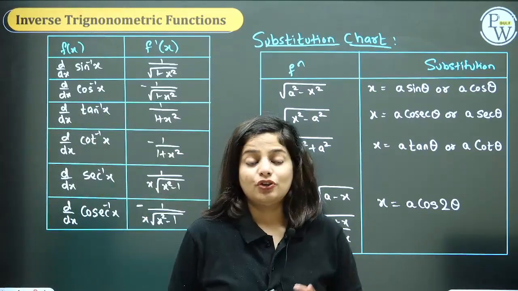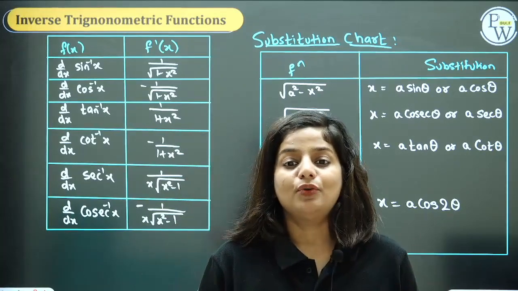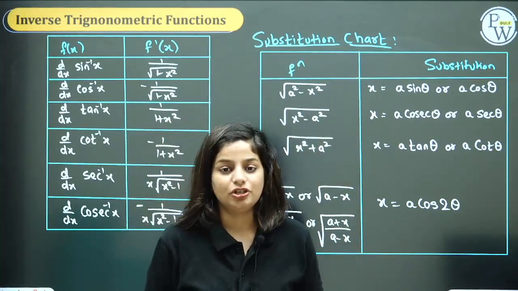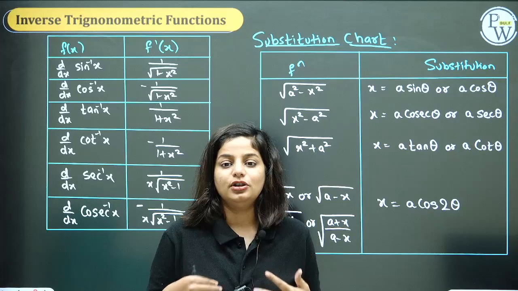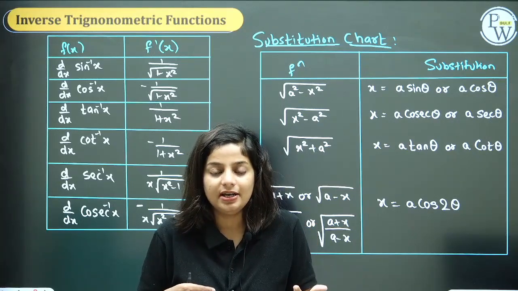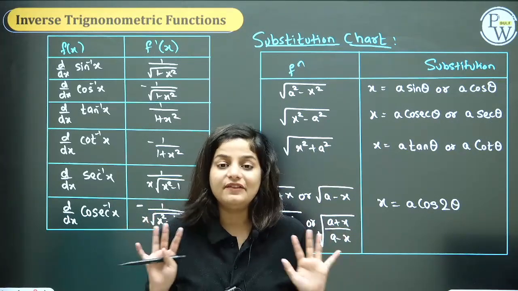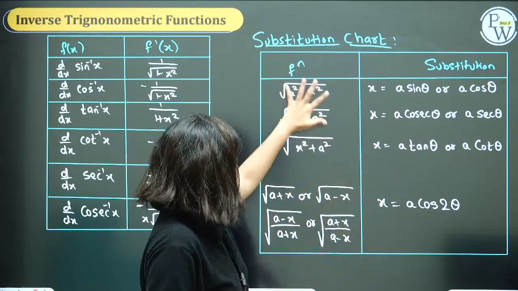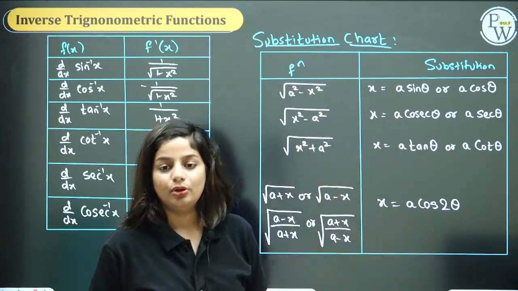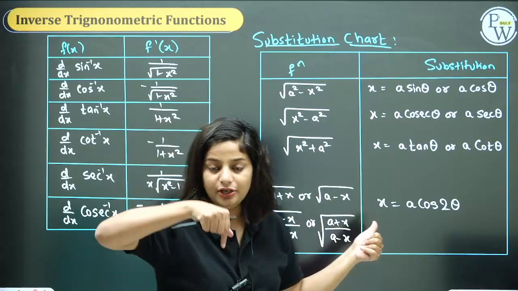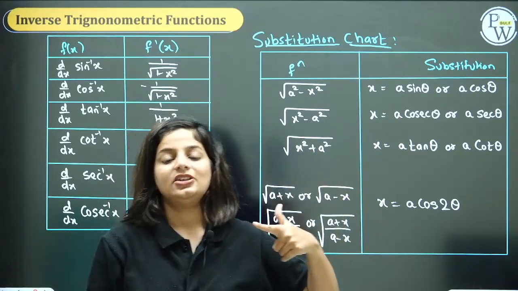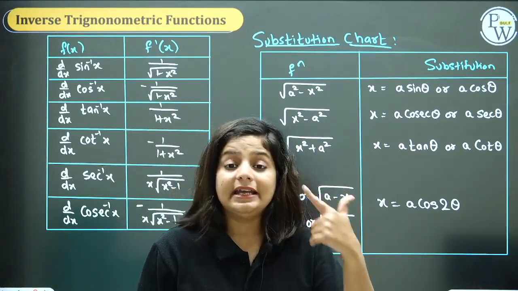Next, inverse trigonometric functions. Now these are the kind of questions in which a lot of simplification comes into the picture. Before you even differentiate, try to simplify the question. And how to simplify? Using this table. This table will help you a lot. This table comes in the chapter Continuity and Differentiability. It will come in the next chapter, integration, also.